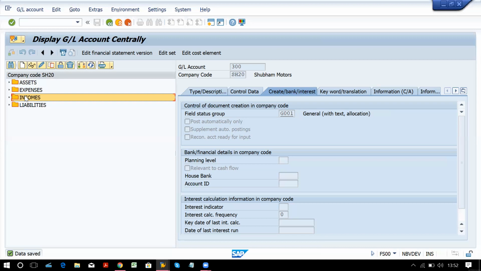You have to go with enterprise structure, financial accounting global settings, and GL account. This flow you can't change. This flow also you can face in interviews, like what is enterprise structure and what steps you cover in enterprise structure, and so on.